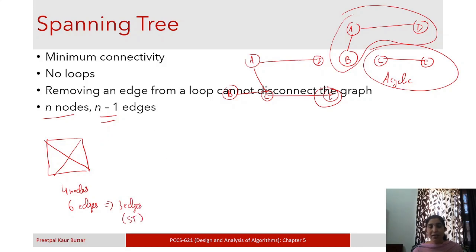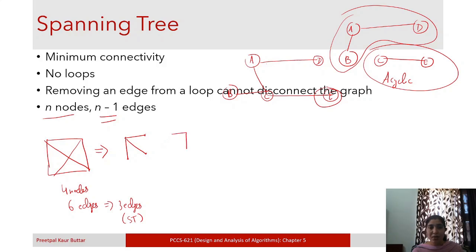Okay, and there are multiple combinations through which you can convert this graph into a spanning tree. For example, you can take this. Okay, so all the vertices are there. There are 4 vertices, and this graph is connected, right? This is connected. So it means this is a spanning tree of this graph.